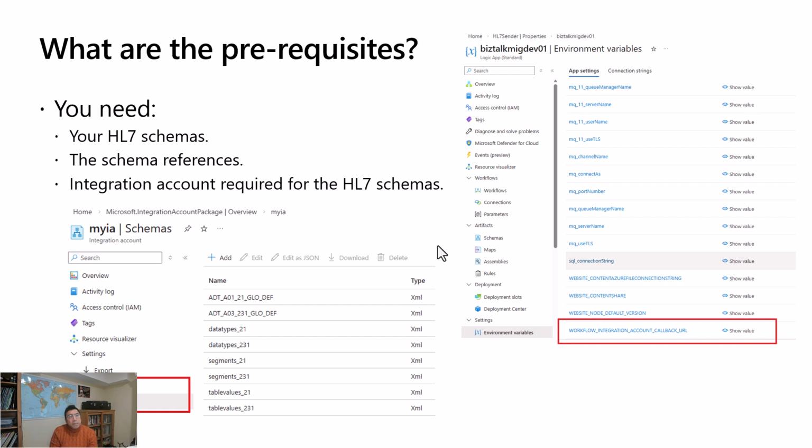Now, what are the prerequisites for this connector? You will be needing your HL7 schemas, the schema references of your HL7 schemas, and an integration account required for the HL7 schemas. If you see here, I have an integration account that is called my IA, and in schemas I have uploaded the schemas that I need, and also the references. Right, and once I have done that, then what I do is I go to callback URL here,